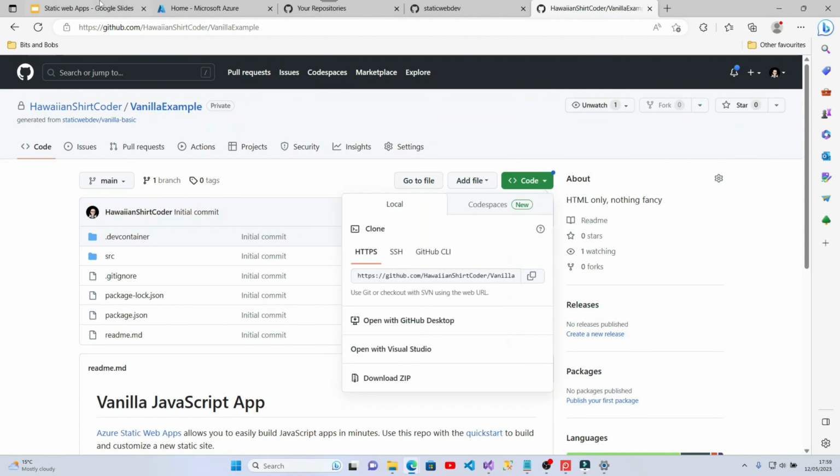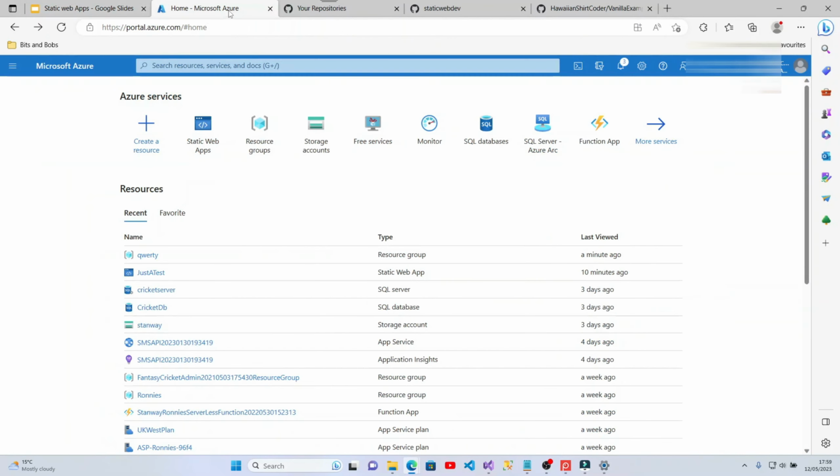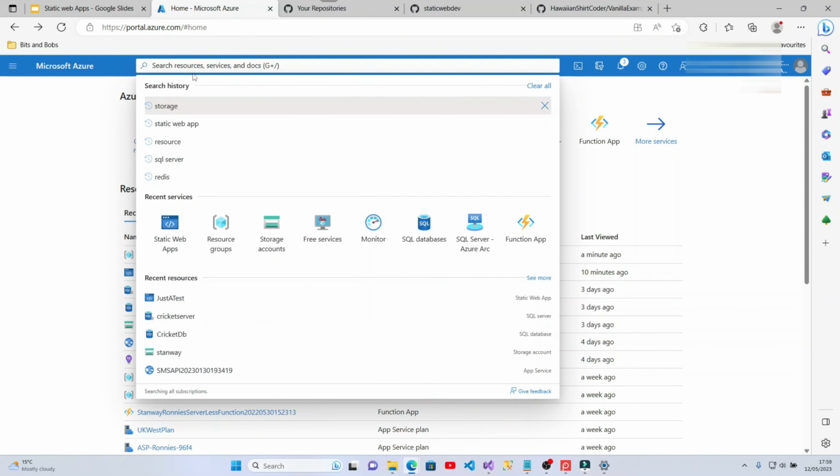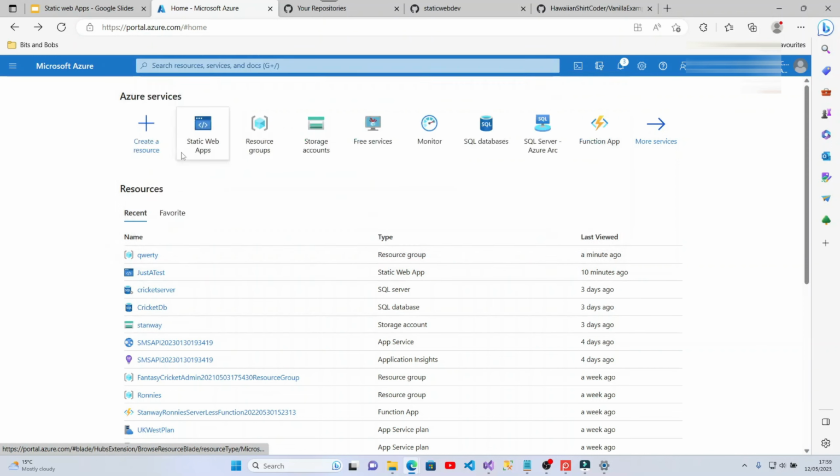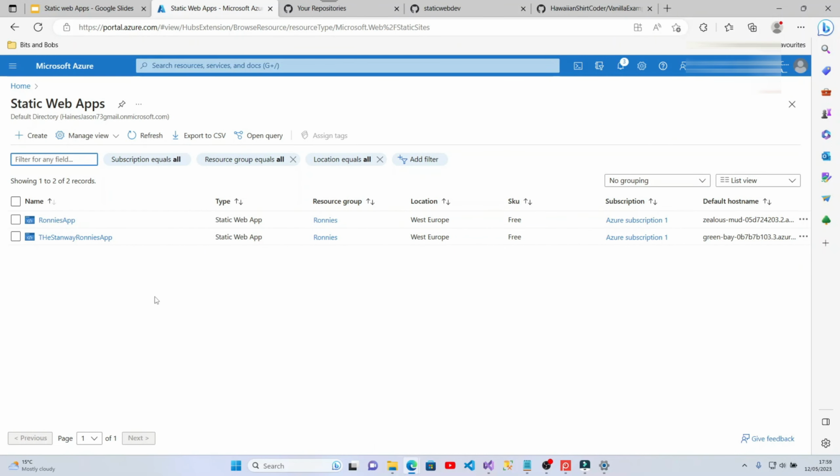So let's go back to our browser, and again, hopefully you've got your portal already open. Here's the portal, and the first thing I'm going to search for is a static web app. Now you can see I've done these before because it's showing here that I've got one, but if it doesn't in your case, you can just type in the search bar static web app, click on static web app. It brings up a list of any that you've got already. I've got a couple there already. I'm going to go create,